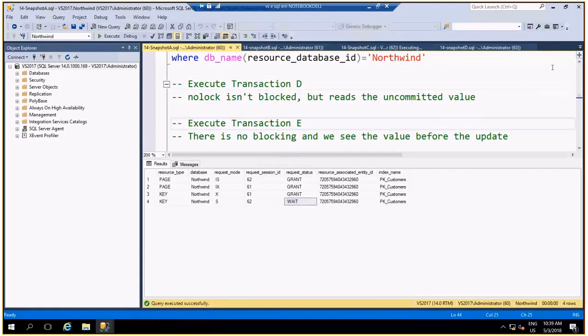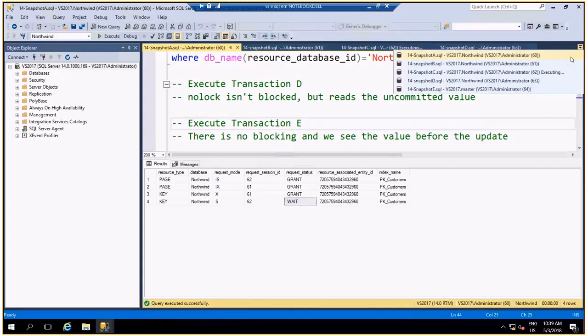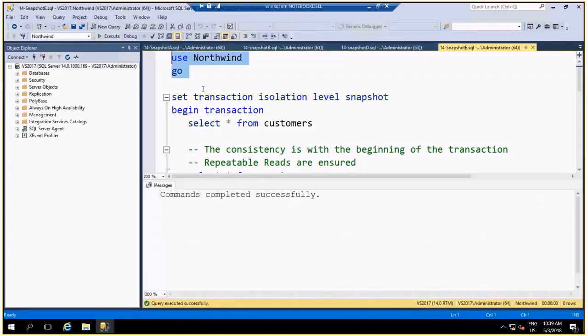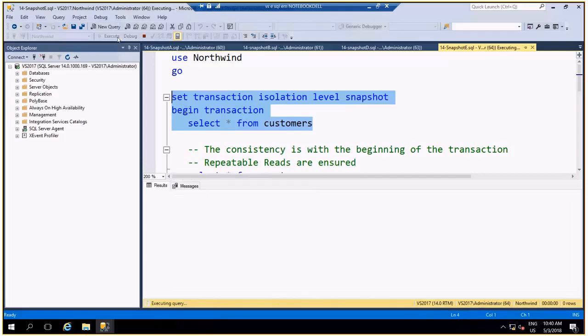And let's go to script E. Now I will use a snapshot isolation level transaction. Use Northwind and let's set the isolation level snapshot, and make a select on customers.